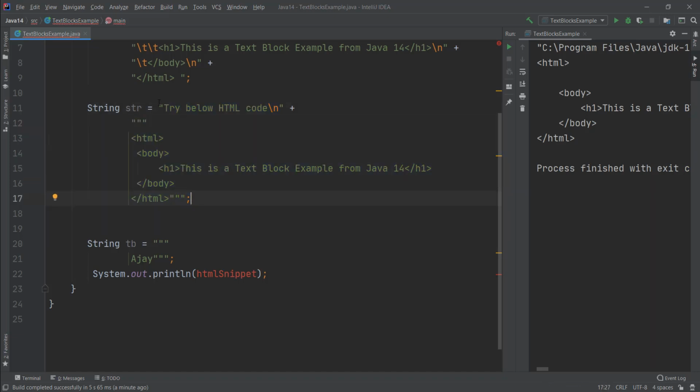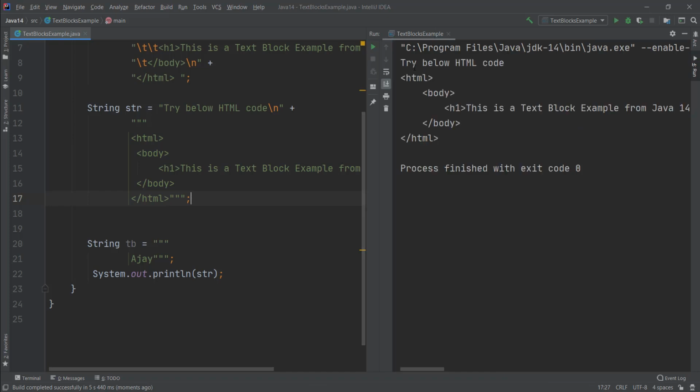So we can use concatenation with these two. If I run this, I should get an output where this will be the first line, and after that, this code will follow. You can see the line about trying the HTML code below first, and then we have a text block snippet.